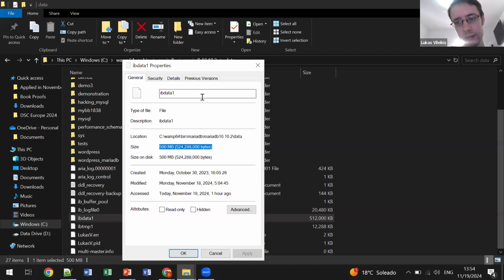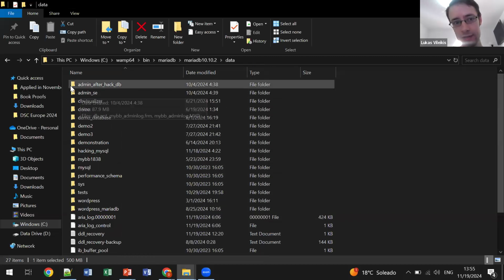In MySQL, it essentially decided that making this file 500 megabytes in size is enough to account for my needs, enough to account for the local server. In essence, it stored metadata in the file, and it made this file 500 megabytes in size, and it stored all of the rest of the files